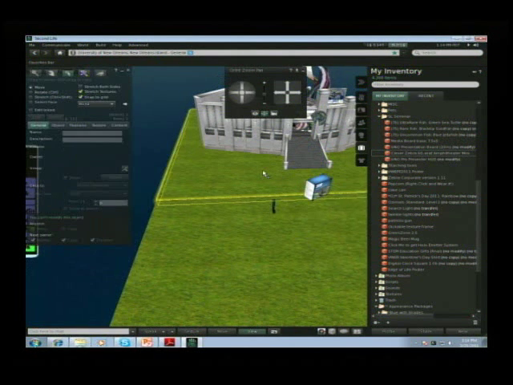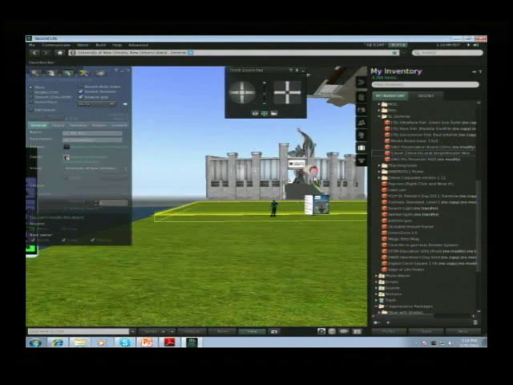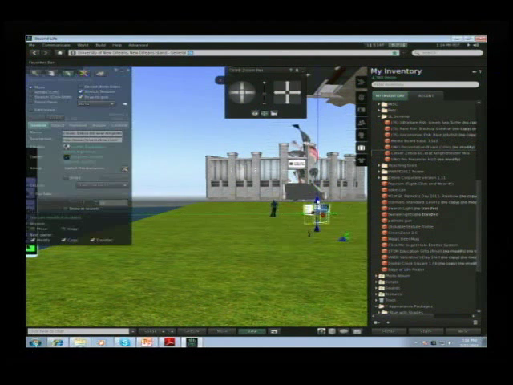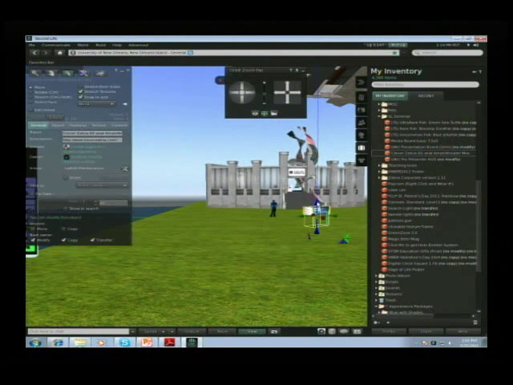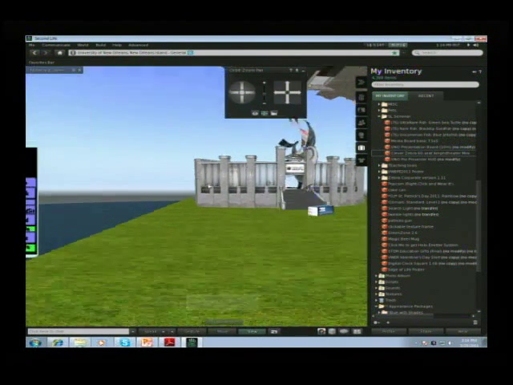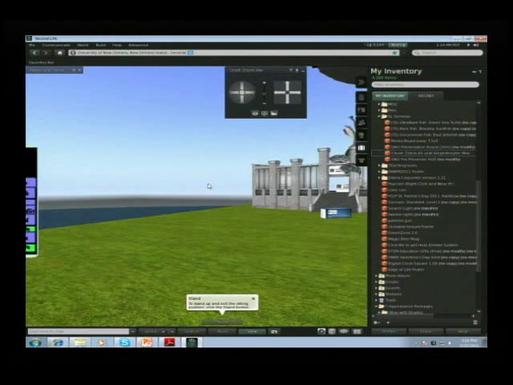There. Then again, make sure it's actually close to the ground. Lower it down a little bit. Okay. So there, I have now built